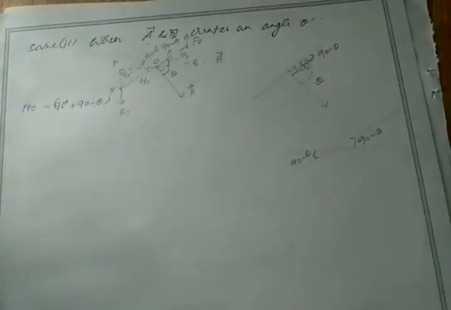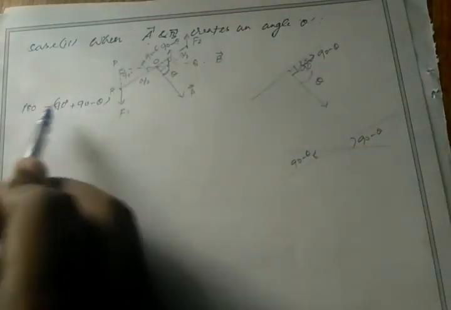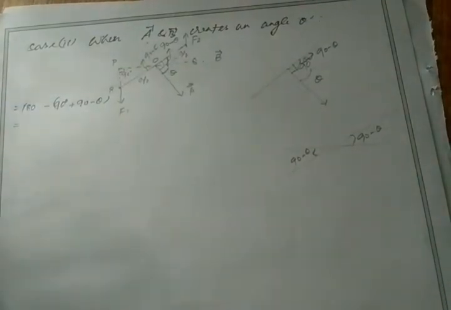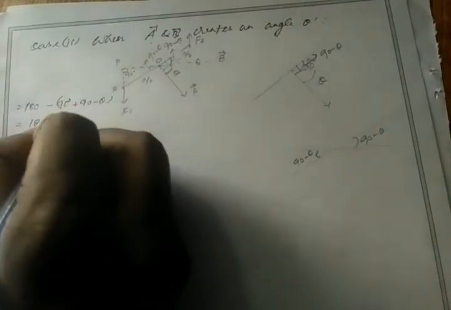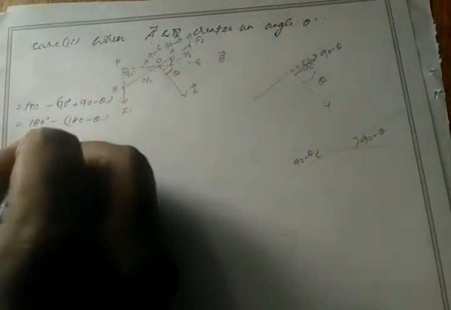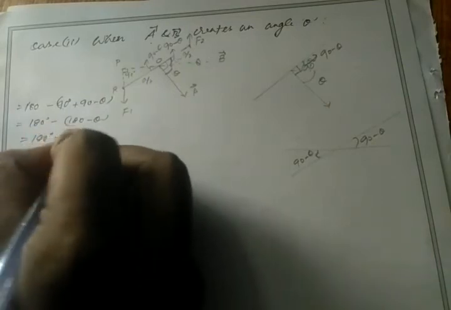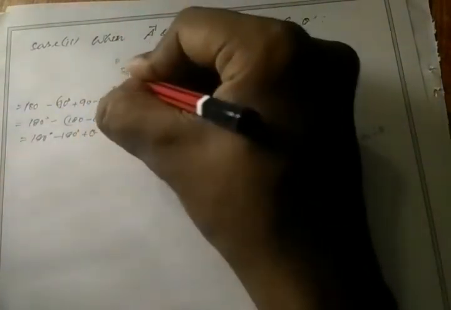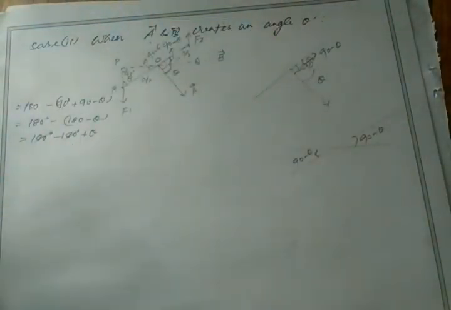Okay, so if we subtract 90 plus 90 minus theta from 180 degrees, then we get the third angle. So 180 minus 90 plus 90 minus theta. If you multiply the minus with this equation, we get 180 minus 180 plus theta. So the third angle will be theta. The 180 gets cancelled, and the third angle will be theta.